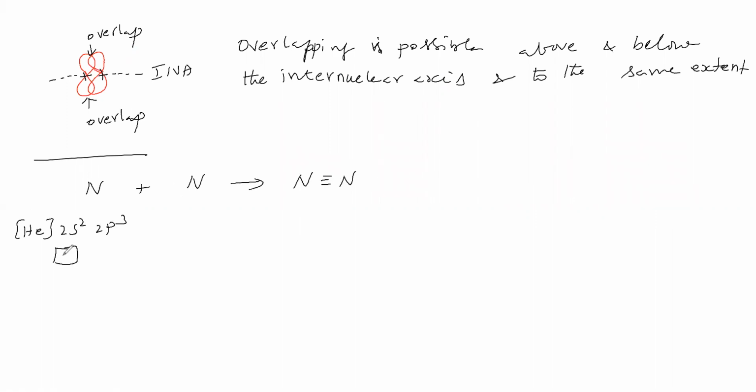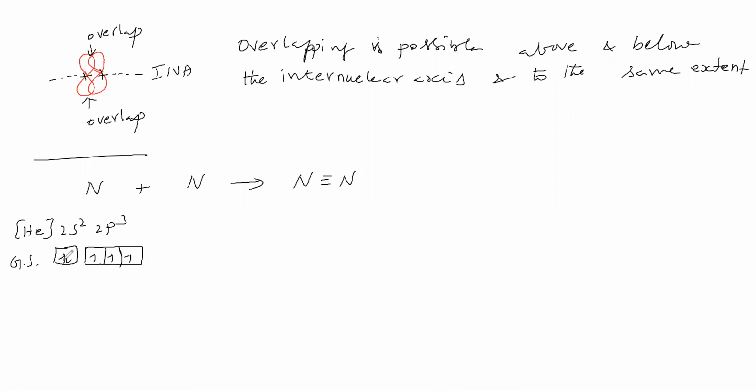2s contains 2 electrons. 2p contains 3 orbitals with 3 electrons. We can write it like this: the 3 electrons in 2p are 3 unpaired electrons. This is the ground state configuration, and the valence shell configuration is this only. The excited state configuration is also this one, because the outermost shell does not have any more orbitals. Therefore it is the ground state as well as the excited state configuration. So for nitrogen, the number of unpaired electrons is 3, and 1 electron pair will be there.